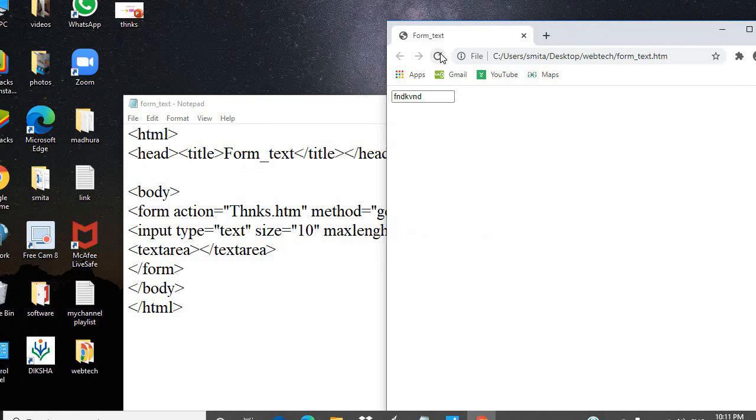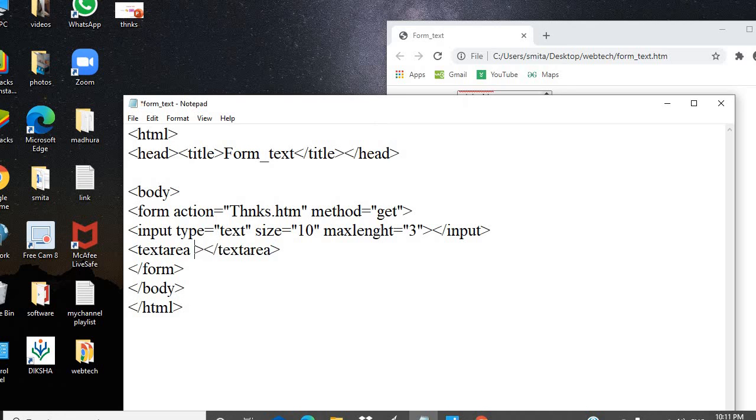So let's save the work. You can see over here this is now disturbed because we haven't aligned it properly yet. That we will see in the next video section. Today I am just introducing you to the various kinds of form field controls. Over here it is allowing me to enter multiple lines at a time. As soon as I go on entering my data, by default it will provide me the scroll option. Easily I can scroll up and down with the help of the text area. So this is the difference between input as well as text area.